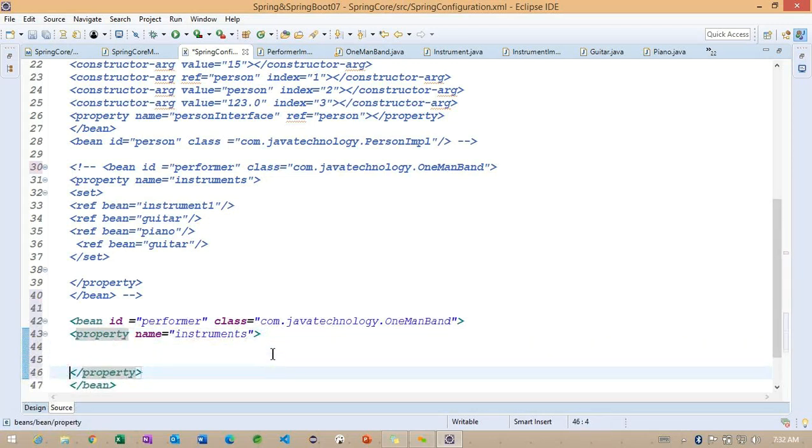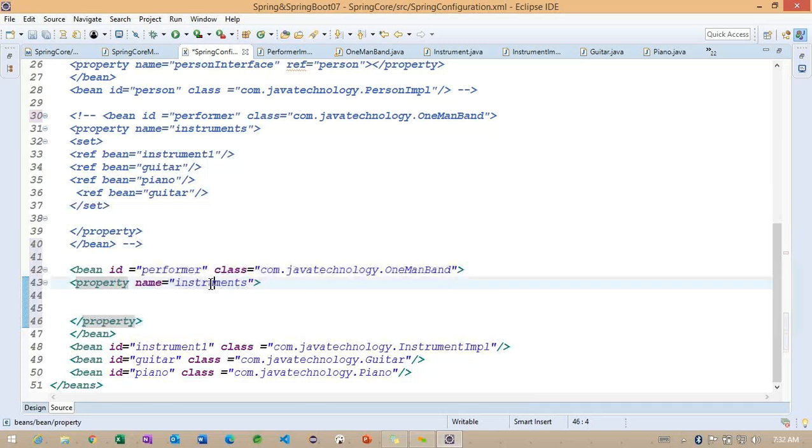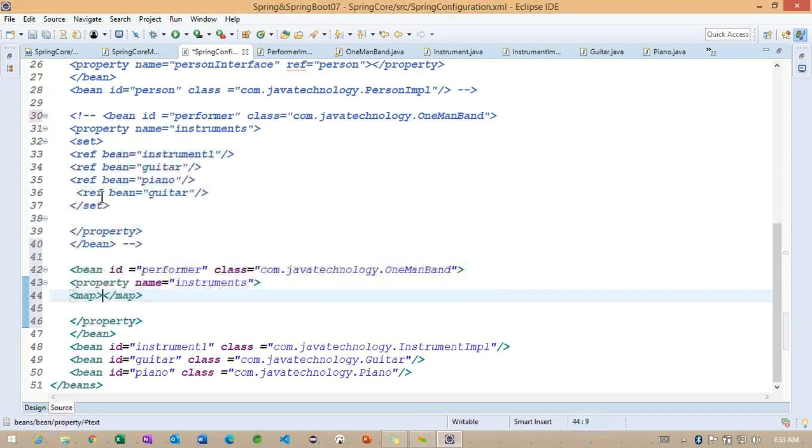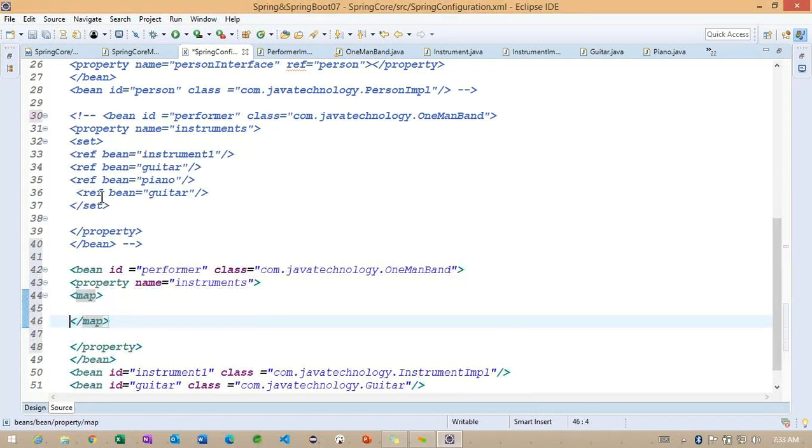Inside this particular property, now you can understand here. So we are going to work on the same property here, and later, we are not going to work with this kind of set. So which tag we need to work with here? We have the tag called map. Getting the point? So this particular map tag we need to work with here.